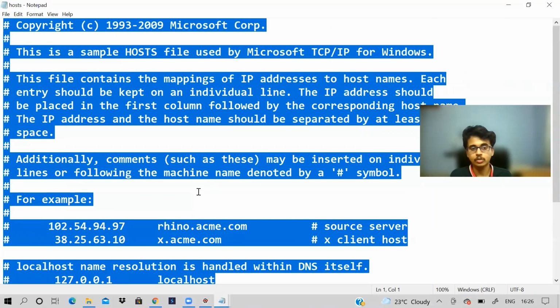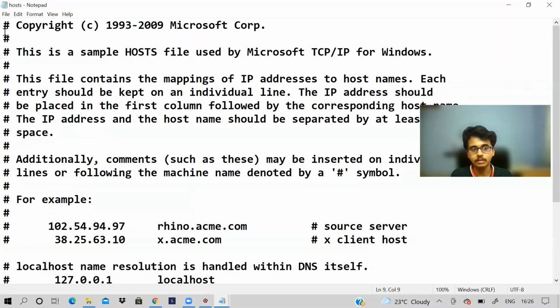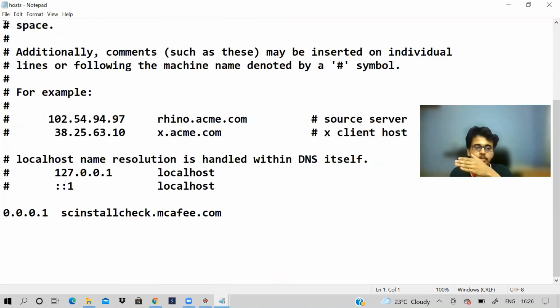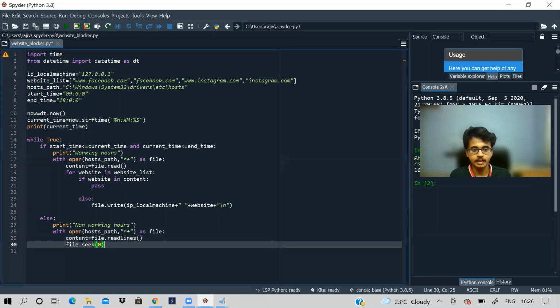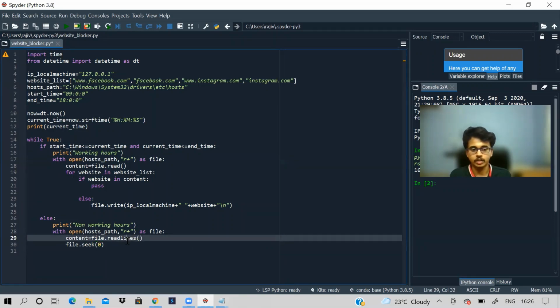But we are using file.seek so that we start writing from the top of the file, from the first line, from here, the top corner. We want to start writing from here so that after we write, we end up in this place. And then if we truncate, whatever is written below will be deleted. That's what we ideally want. So now we have used file.seek and we have the content of the file.